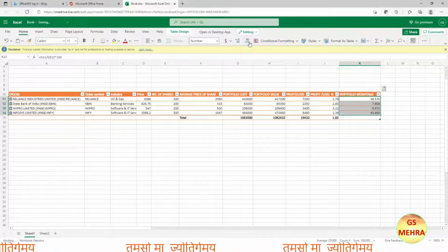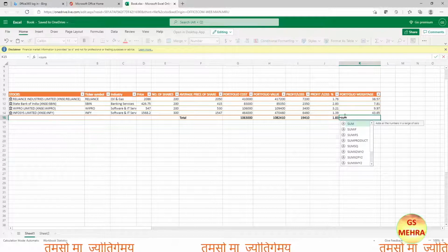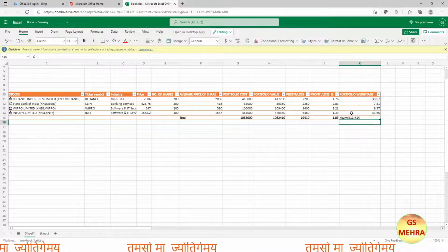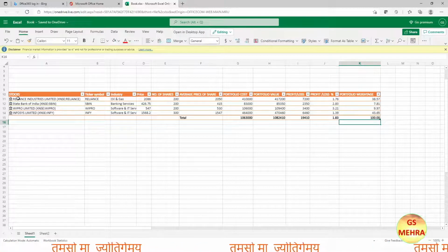Yes, now it is 2 decimals. Now next we'll find the sum of all the portfolio weightages, and see it is 100. So that means this is giving us the weightage of all the portfolios.